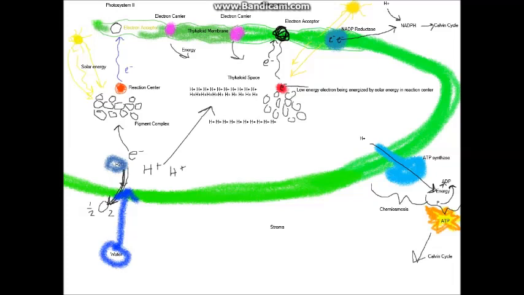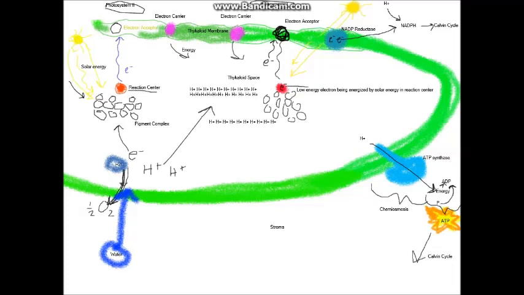The light reactions consist of photosystem 1 and 2. These photosystems consist of a pigment complex and electron acceptor molecules. A pigment complex is basically a bunch of pigments, such as chlorophyll A and B, and the carotenoids condensed together. The function of the pigment complex is to absorb solar energy from the light each type of pigment is capable of absorbing. The pigment complex also contains the reaction center, which is where there are a bunch of chlorophyll A